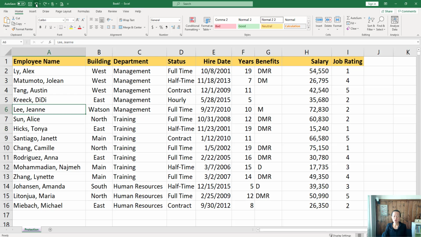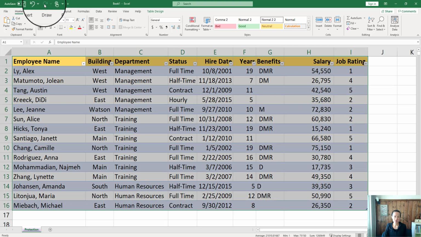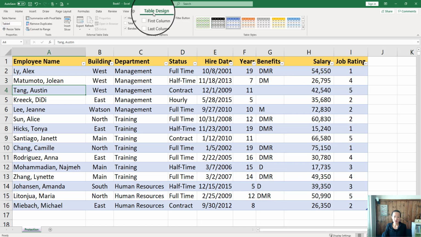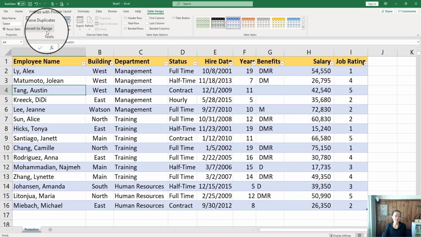Now let's click Redo to go back to the Excel table that we just created. Click anywhere inside the table range. On the ribbon, we see the Table Design or Design tab. Click that. In the Tools group, click Convert to Range. The description says, convert this table into a normal range of cells. All of the data is preserved.